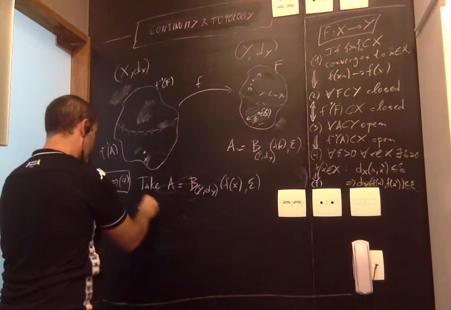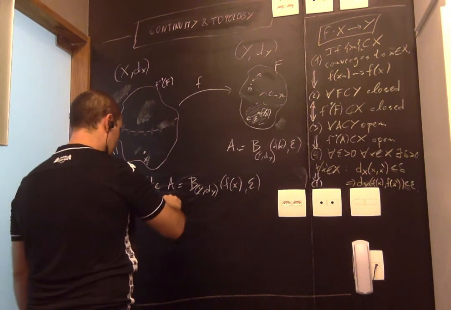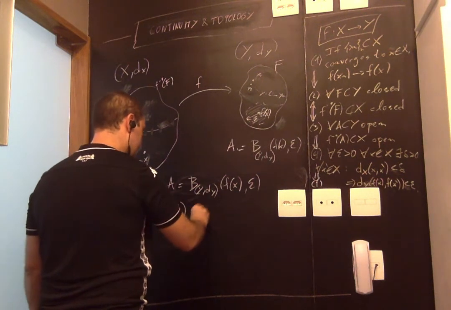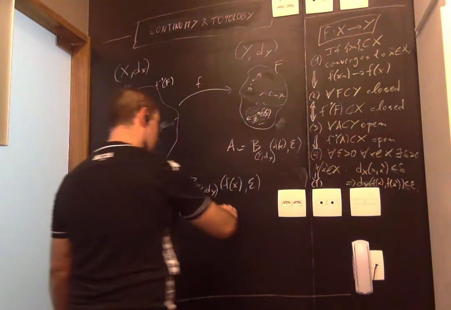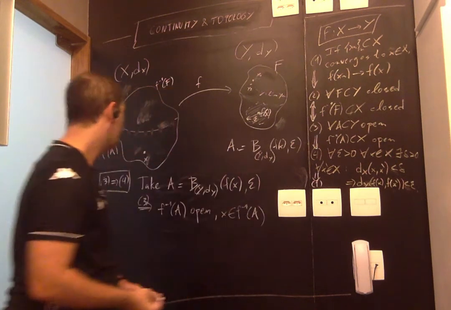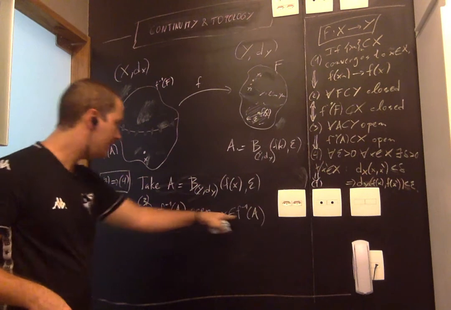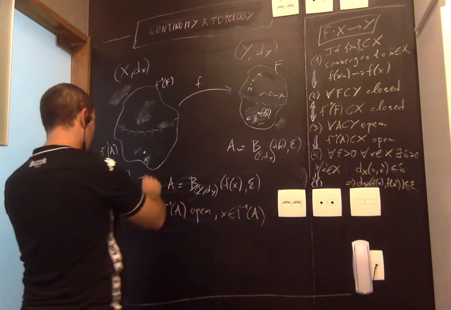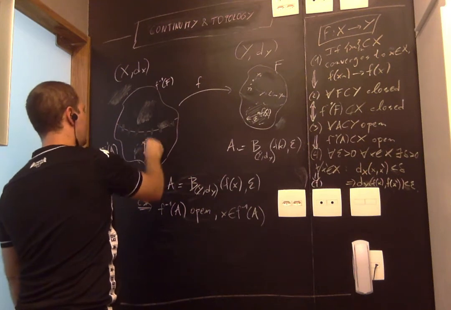And then by 3, since we're assuming 3, this implies that f minus 1 of A is open. And as I noticed, because f of X belongs to A, then X belongs to the pre-image of A. Now we should do what we know how to do by instinct, right? I tell you I have an element in an open set, and you tell me, okay, there's a ball around this guy that's entirely contained